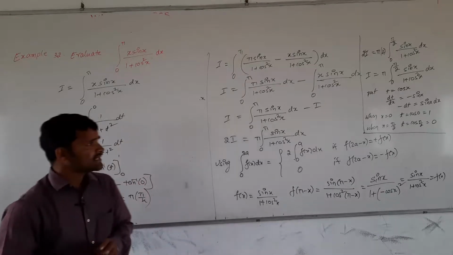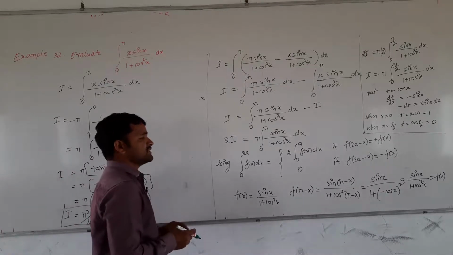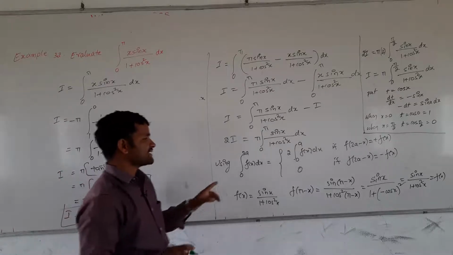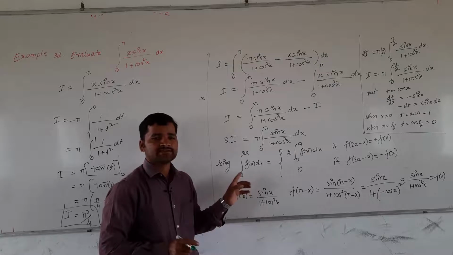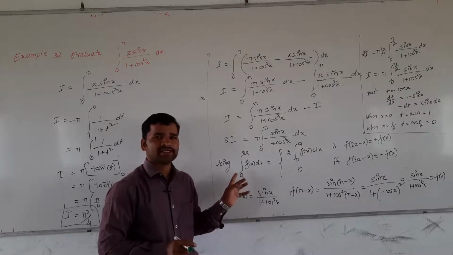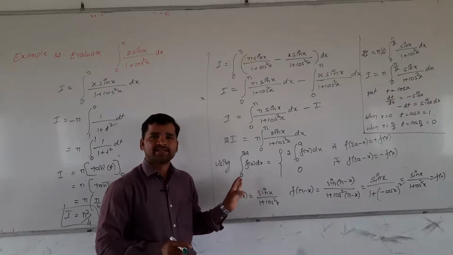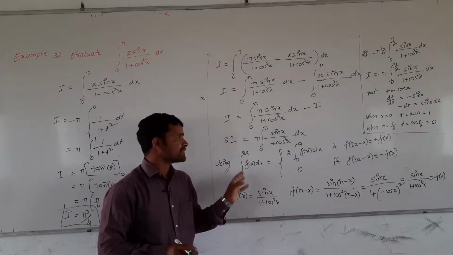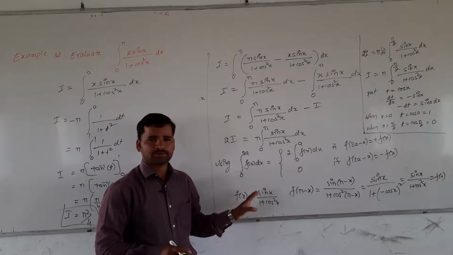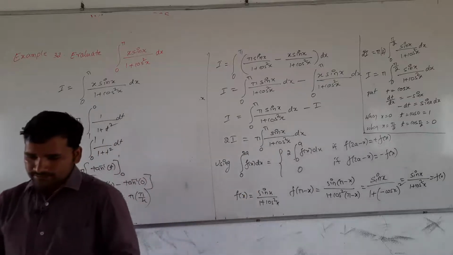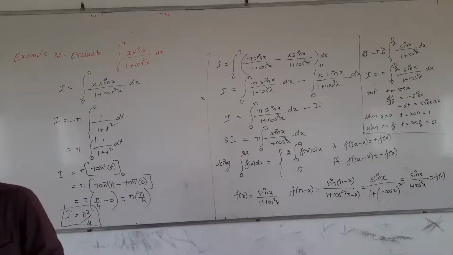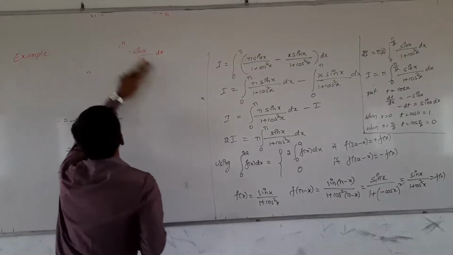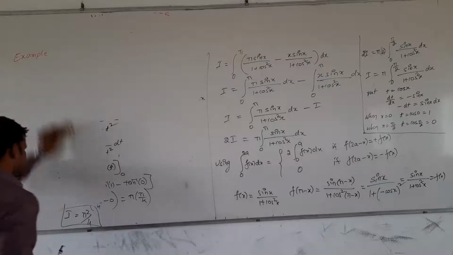I am telling you, this is becoming too lengthy. What steps can we avoid? We can avoid writing all these properties. As you are all new to this kind of problem, I am writing all these properties. If you are perfect enough with the integrations, there is no need to write the properties. Directly we can write the steps, no problem. This is about example 32. Now we will move on to the next example, example 33.